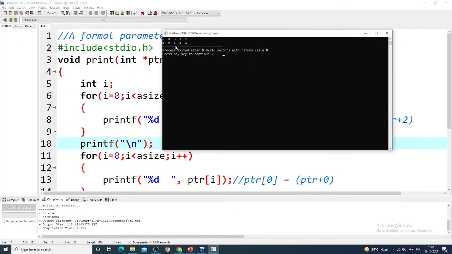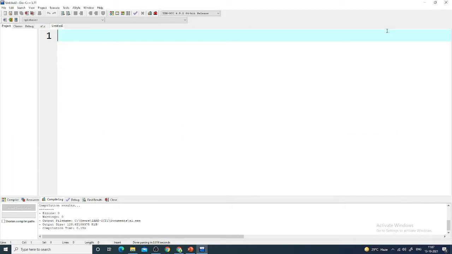These are only two different styles of receiving an array and using the concept of pointer to print the content of the array. This is called a formal parameter. The array is passed as a formal parameter and received as a pointer. So hope it is understood. Now let us go for the second way. The second way is a formal parameter